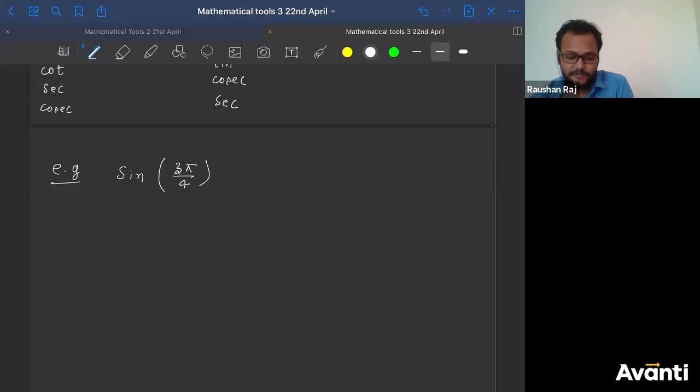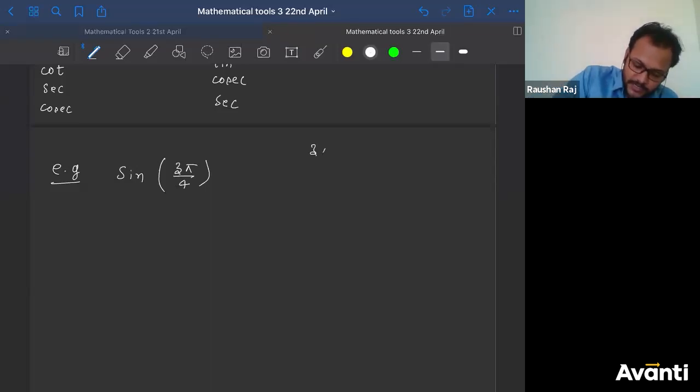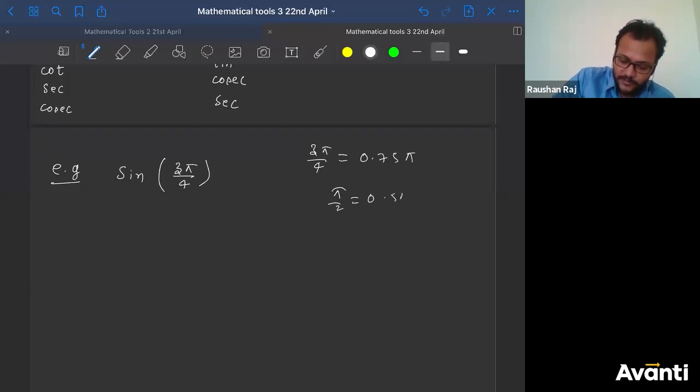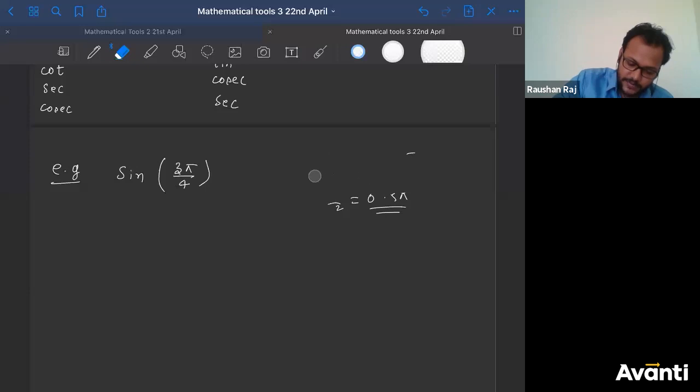Because 3 pi by 4 is nothing but 0.75 pi. What is that? 0.75 pi. That means this is greater than pi by 2. What is this 3 pi by 4? This is 0.75 pi. And what is pi by 2? 0.5 pi. That means this value is greater than pi by 2. So I can write this 3 pi by 4 as